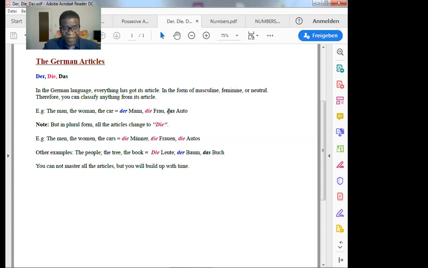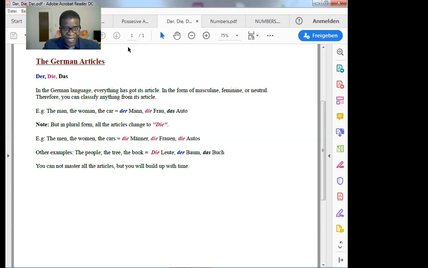It's one car. Mein Auto. Plural, many cars. The cars. We did this already. Die Autos. So if I want to say my cars, I'm going to say meine Autos. Why meine with e? Because die has come in, because it is plural. Do not forget about that.